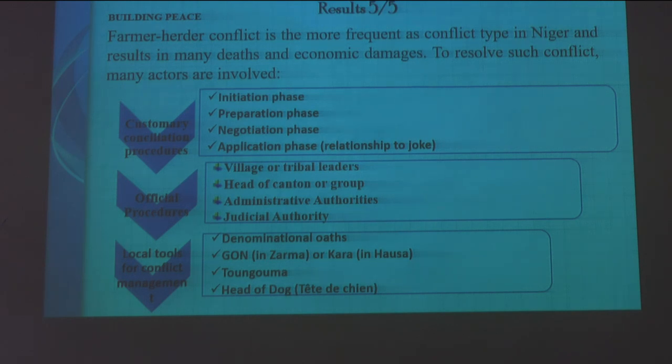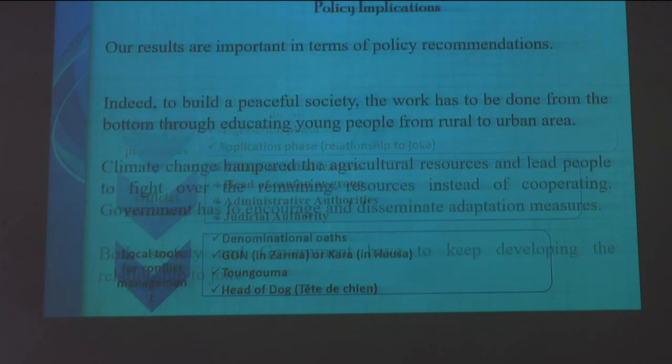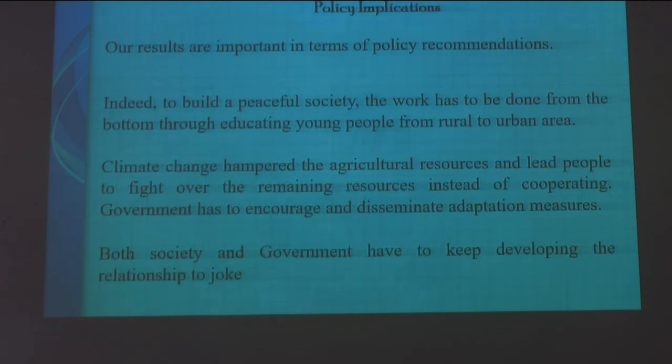So these are those methods. Mr. Chairperson, we draw some policy recommendations based on our results. To build a peaceful society, the work has to be done from the bottom through educating young people from the